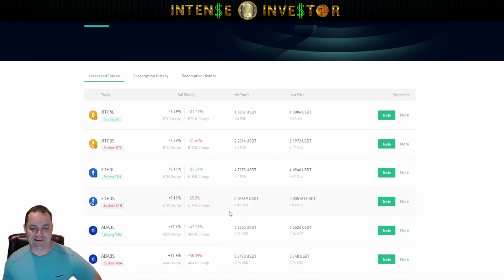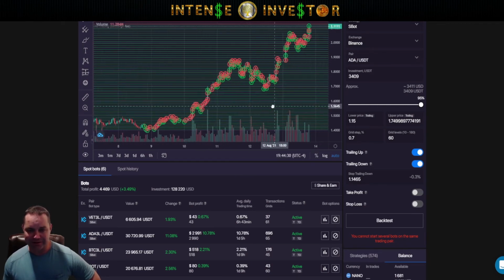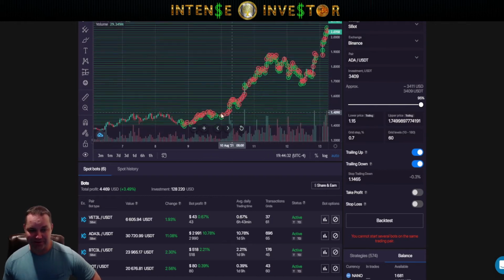So let me show you how this works and take it from there. So here we are on my Bitsgap trading bot dashboard. As you can see, I had some good entries. This is an ADA USDT pair, just a regular pair on Binance. I was able to start it at the bottom, believe it or not, and